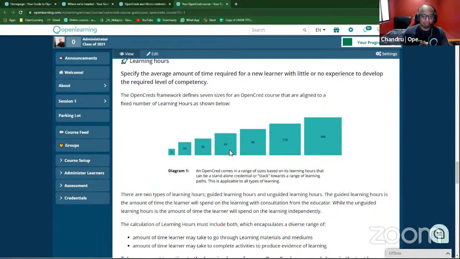Okay, so in order to do that, you must have a standard learning outcome, so it is easy for you to calculate and then to create a bigger program. So it's better to make sure that whatever OpenCred you create falls into any of this learning hour category. Right, the lowest is actually 4 hours, highest is under 60 hours. Okay, right. The other,